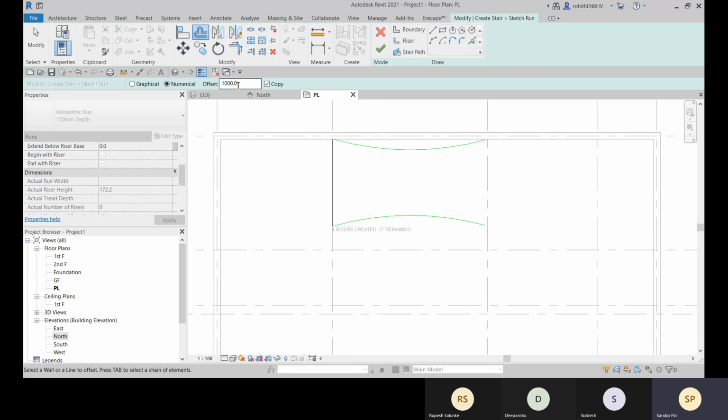Go for the offset and 250 or 260 or 300 you can provide. And you can create all the risers. And here you can see that it's showing that 7 risers are created and 11 risers are remaining.